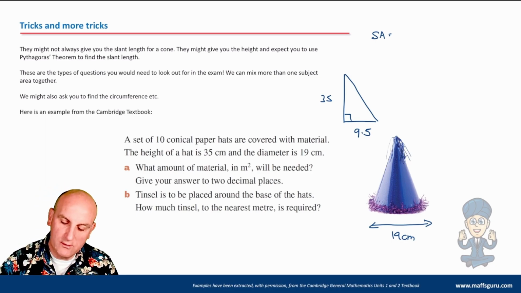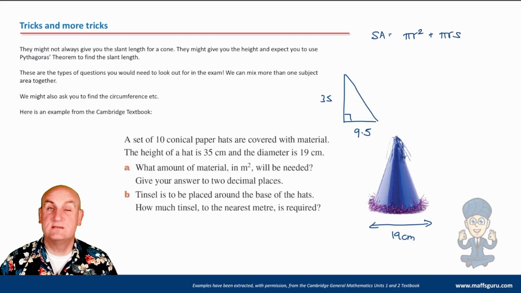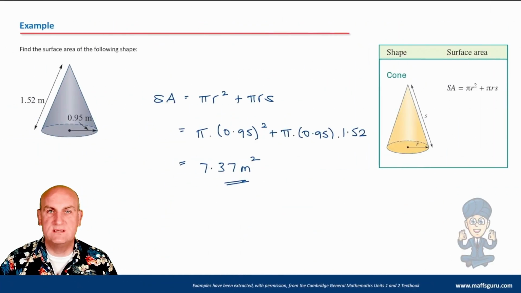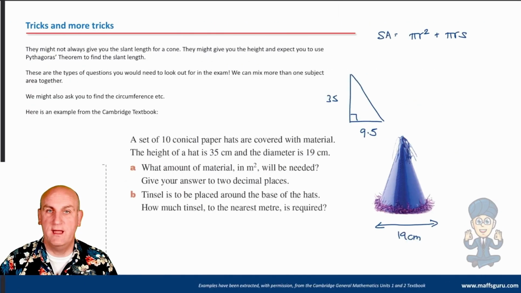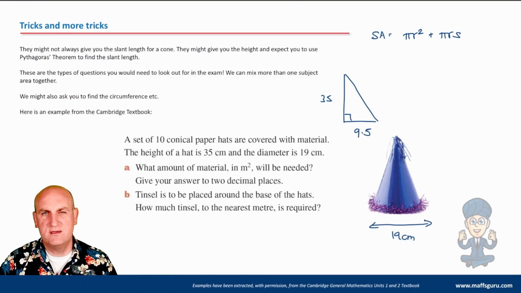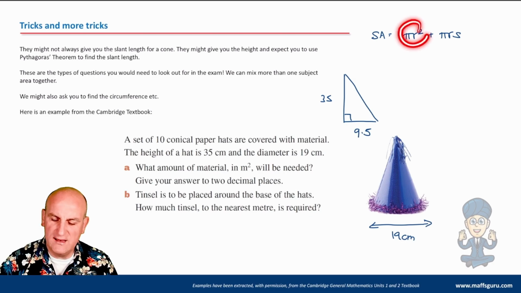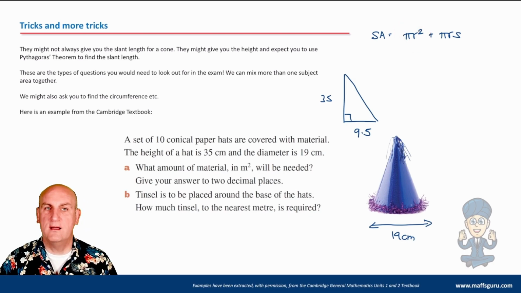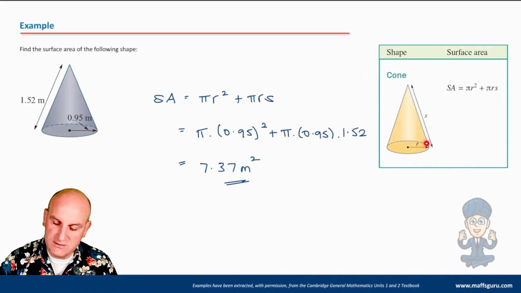Now my surface area of a cone is pi r squared plus pi rs. Let's just check, not very good at remembering these things. So pi r squared plus pi rs. We're there. Pi r squared? Where's the pi r squared come from? Aha! That's the bottom. Because if you go back to my cone, the reason it's got pi r squared is